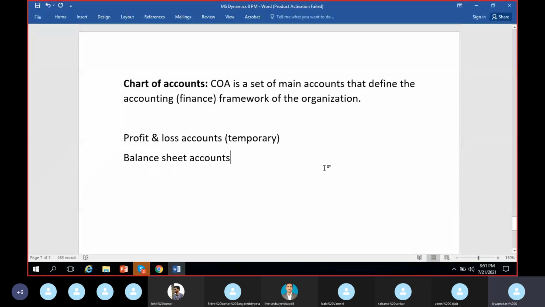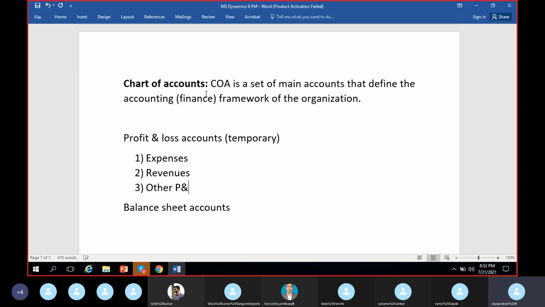So the major segregation can be done in this way. Accounts can be divided into profit and loss accounts and balance sheet accounts. Under profit and loss accounts, I can keep points. I have expenses, I have revenues, and I have other P&L accounts if there are any. Other than expenses and revenues, there are certain accounts that get debits and credits usually, or some intermediary accounts. I'll call them other P&L accounts. So these will fall under